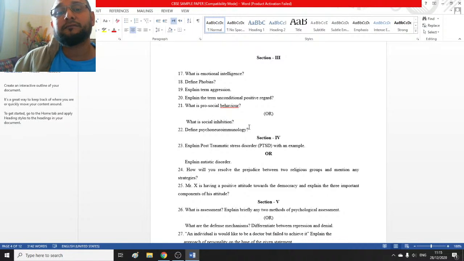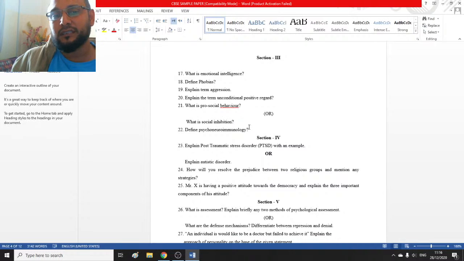Define the meaning of the term phobia. Here you need to write, phobia, the word is derived from a Greek word phobos. Phobos means the god of fear. Phobia is generally termed as an irrational fear. We have the three different types of phobias: specific, social, agora. The specific phobia is a phobia of specific object, a specific event, or specific incident, you can say. Social phobias are known as social anxiety disorder. The phobia of interacting or dealing with someone's character it is.